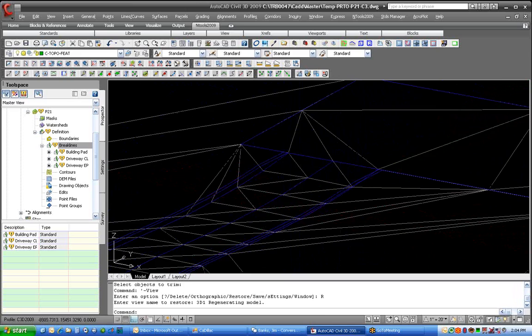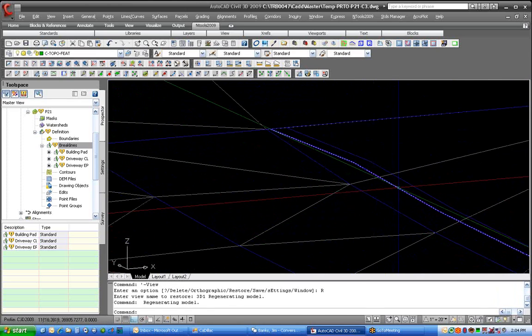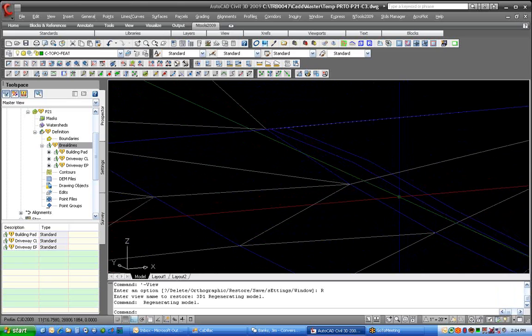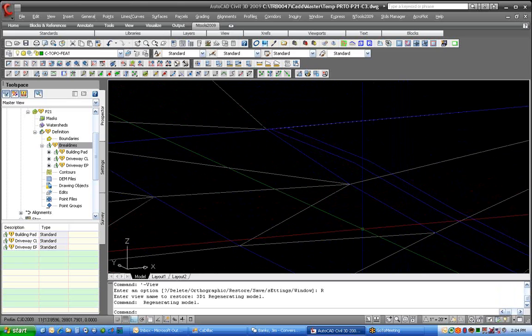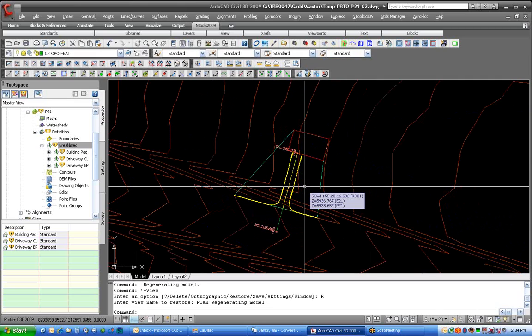All right, so let me pan around that way, see if it makes more sense looking at it. Okay, it was just the 3D view, so from this side it looks good. All right, so coming back, next thing I want to put in is my fence line, and there's also a